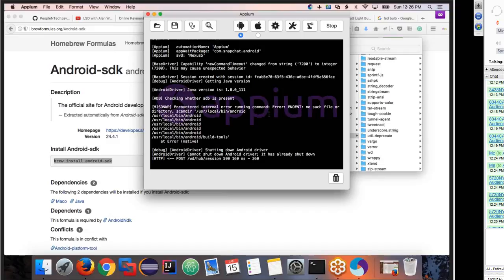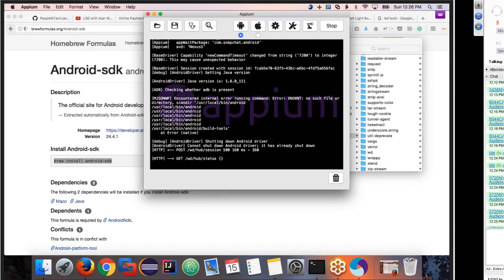Bin Android. Cannot shut down, Android driver is already shut down. Stop it, please. Not this one, to the right. Yes. So click on Enable